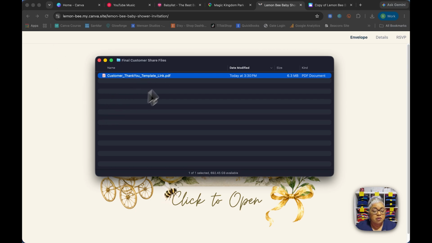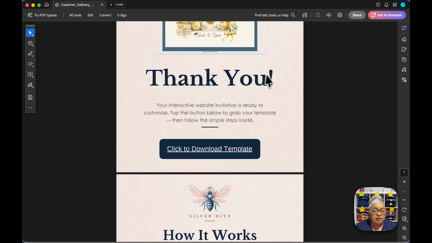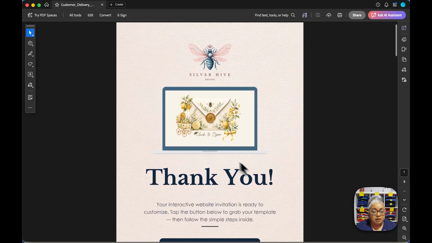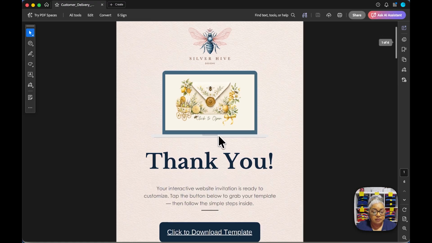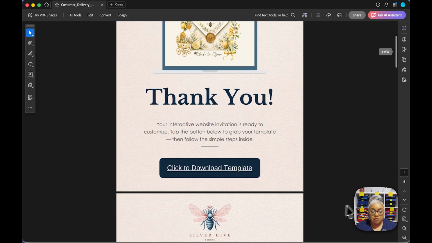Okay, so once you download this file from Etsy, also Etsy will have a link in your purchases folder when you go to your account. Okay, so we're going to open up this link, and it's a PDF file. And right now, the PDF file for this particular template is going to show you a picture of the template. It's got your download, and then you're also going to have